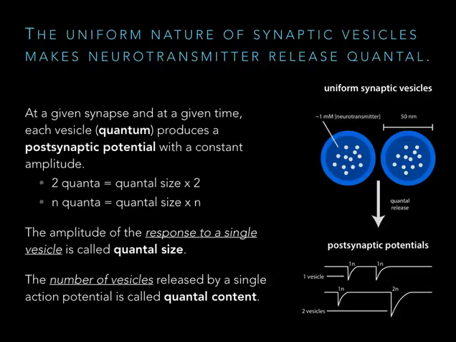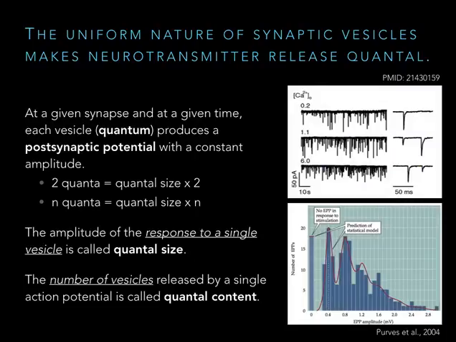Some synapses have a very low release probability, and they'll release anywhere from 0 to 2 vesicles. Others might release upwards of 6 vesicles, depending, of course, on the release probability. So if you were to measure postsynaptic activity, which they've done, on top they're looking at postsynaptic activity with different concentrations of calcium. By having more or less calcium around, you're going to make neurotransmitter release more or less likely. And so you can see with higher levels of calcium, shown on the bottom versus the top, there's a lot